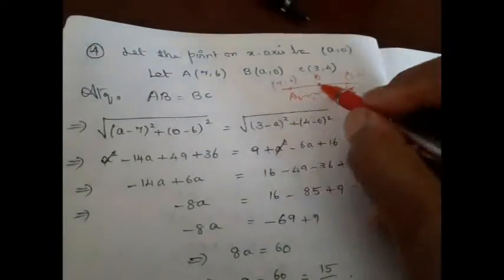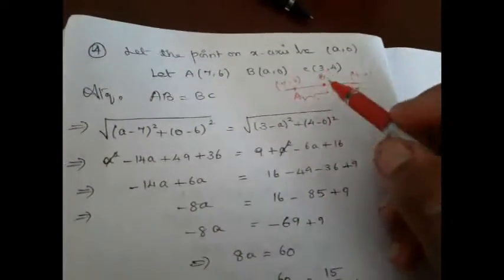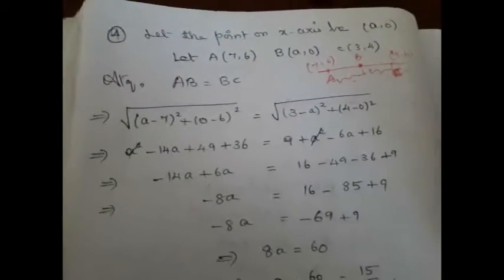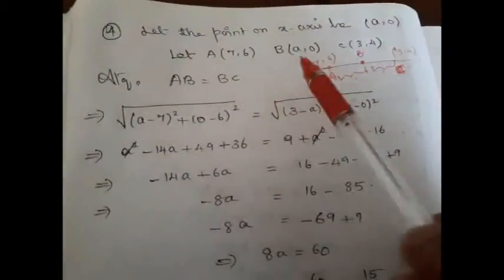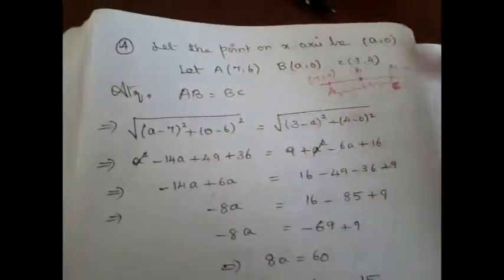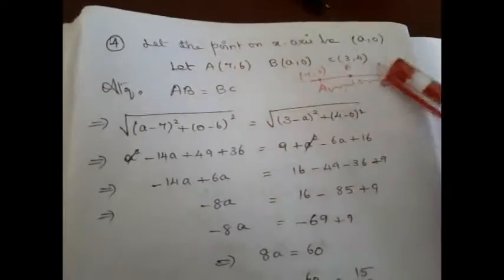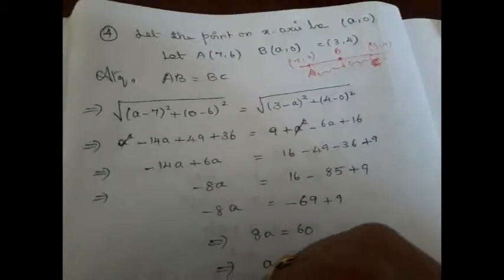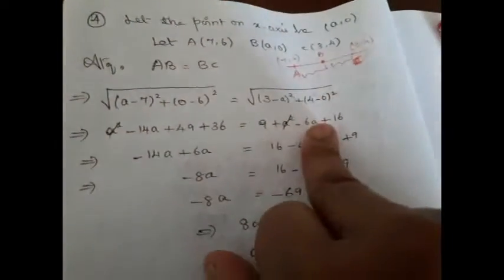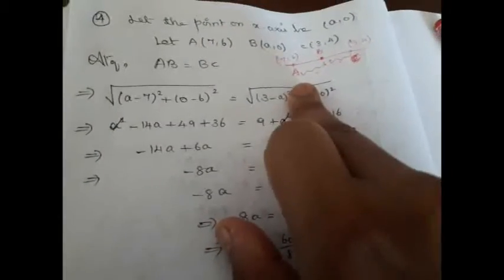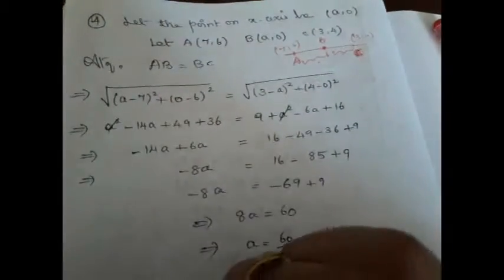Since they have given you this point lies on x-axis, it is going to be of the form a, 0, right? Y coordinate will be 0. So it is clearly given it is equidistant, therefore the distance between A and B should be equal to the distance between A and C. You can name it as you wish. I have named it as A, B and C, right? Now what is distance formula? Square root of x2 minus x1 the whole square plus y2 minus y1 the whole square. So I have applied the formula with these points and then simplify it. Both sides square roots will get cancelled. Then apply a minus b the whole square identity here.